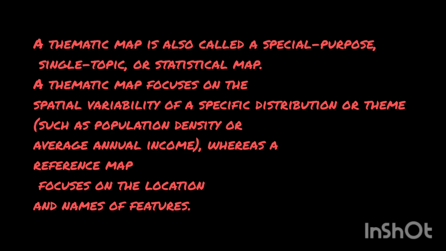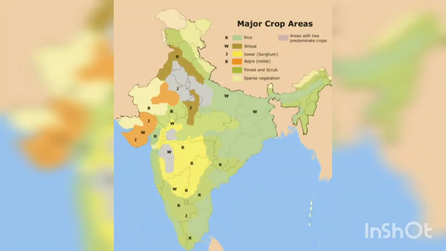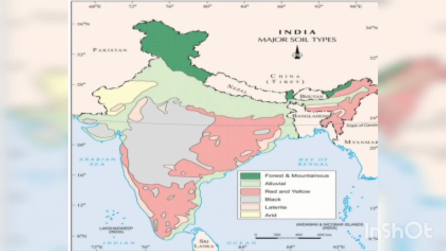Now you can see there are a few examples I have given. The first map is the major crop areas. They are marked. Right side you are having an index, and based on the index you will be coloring of the map. That is a thematic map of major crop area. Now you can see the second picture coming up. Major soils of India, that also they are divided into different colors. Major soil types, like what type of soil is there in which part. So these are all based on a particular theme.